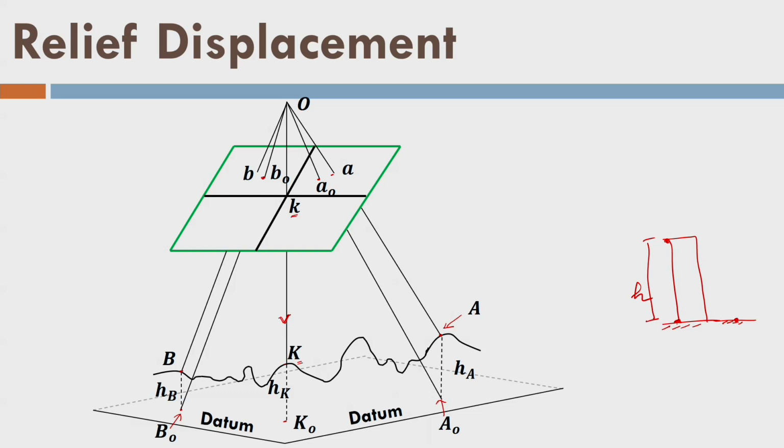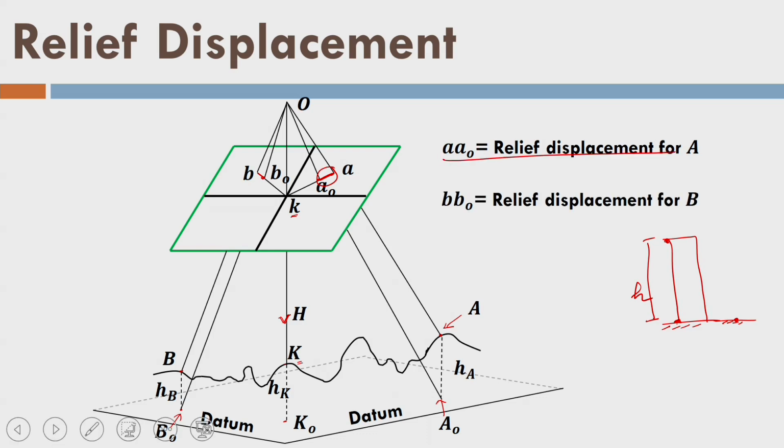What is relief? Relief is some height, and because of the height, the image of that point is displaced from its bottom, let us say like that. So, this is my flying height h. So, line K B0 B, I can say here. So, this is my relief displacement here, which is written here. Similarly, I have relief displacement B B0 for point B, this is this distance.